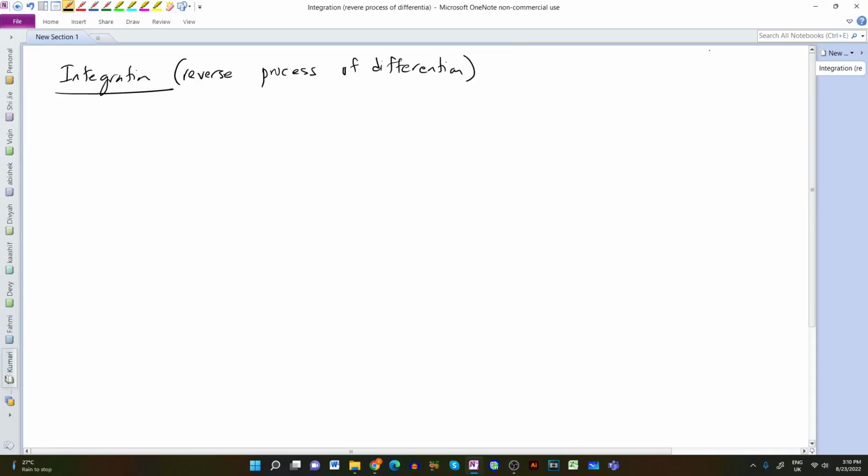For example, normally if I give you a y here, and if you differentiate, you are getting dy dx, isn't it? Yes. So the reverse process from dy dx for us to get the y again is the integration. Okay. For example,